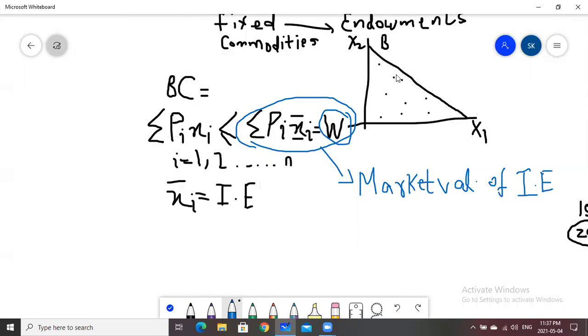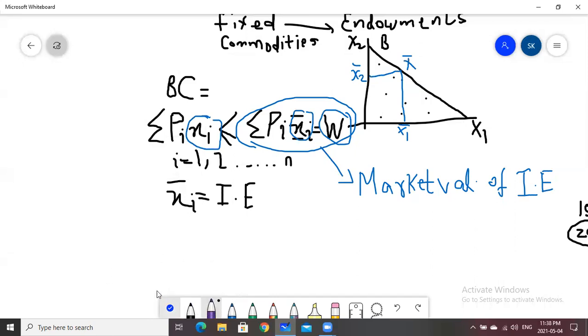Let this be point X bar. This is X1 bar, and this is X2 bar. These are the initial endowments. The consumer has X2 bar units of good X2 and X1 bar units of good X1 as her initial endowments. Now, if x_i differs from her endowment x_i bar, then what will happen is that